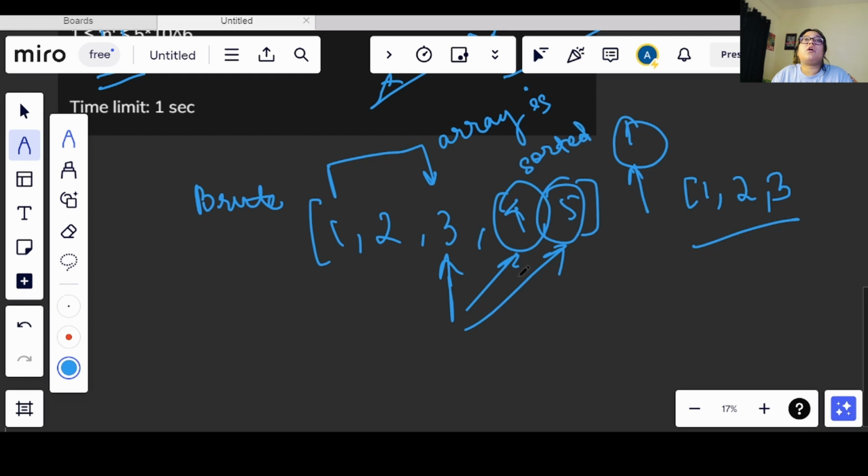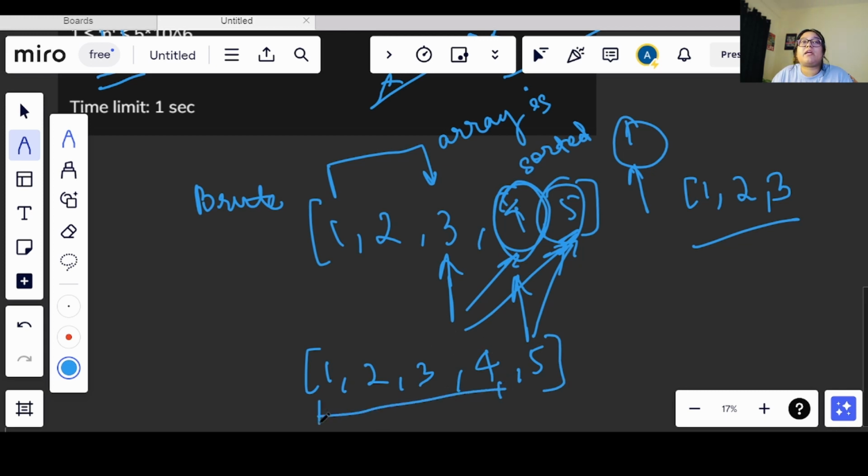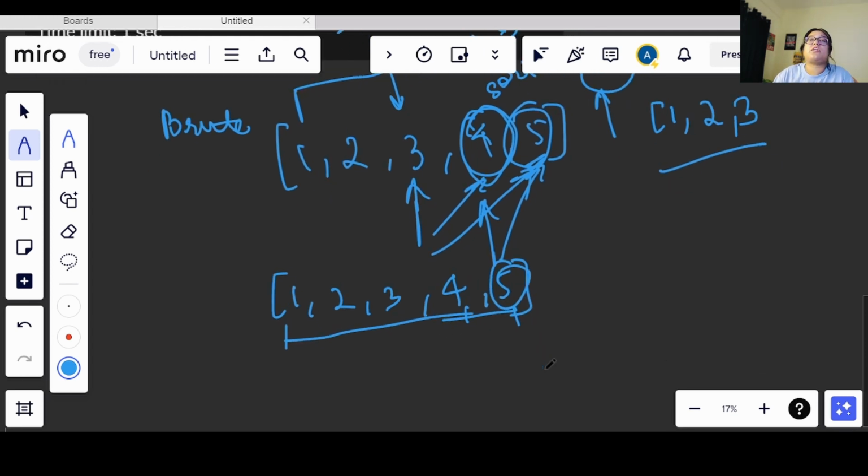Again what we will do now, we will move to 4, right, the third index, and we will compare it with 5. So I will see that this 4 is lesser than 5, which means that I have the array 1 2 3 4 5, only these elements are there, right? So till here my array is sorted, and of course this is the largest element, so the entire array is sorted, right?